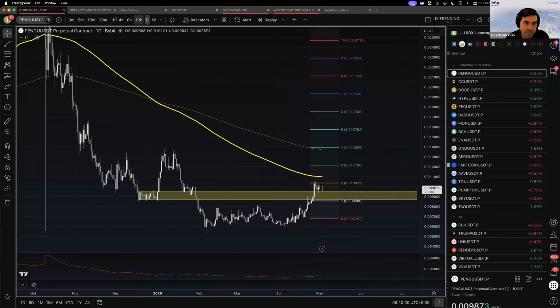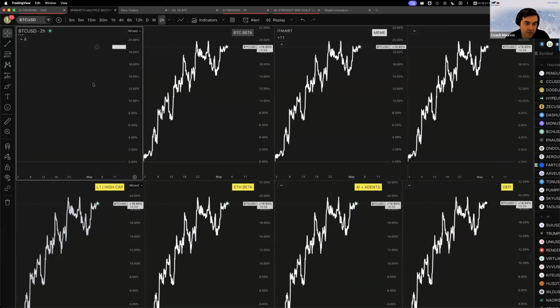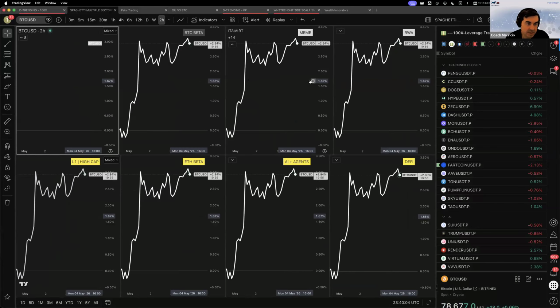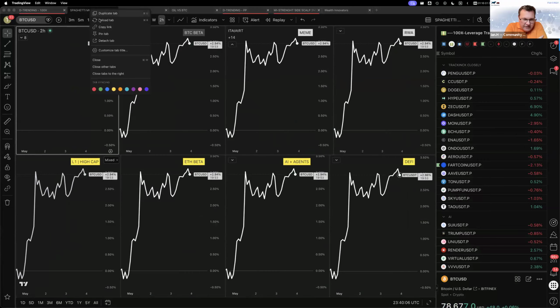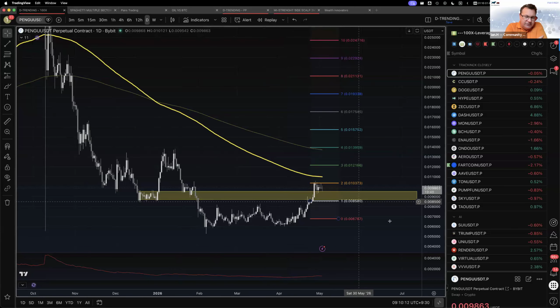So it looks like Pengu, if we look at the meme sector, let me just reload this thing. A very, very quick one on the Pengu, Maurizio, about putting more money on that trade, right? Why does that feel different to me? I feel resistant to that. Yeah, it's odd. I just wanted to bring that up. I felt odd when you were talking about putting more on. I'm thinking, well, we've had a win, the market's not looking so good, you know? I know, I know, I know.